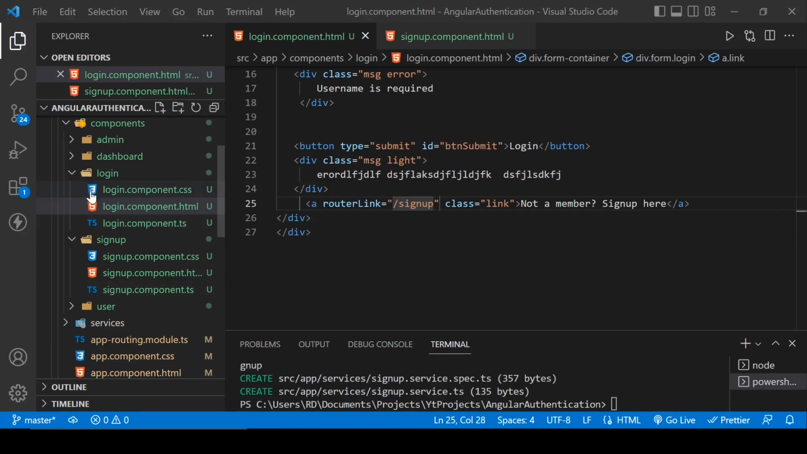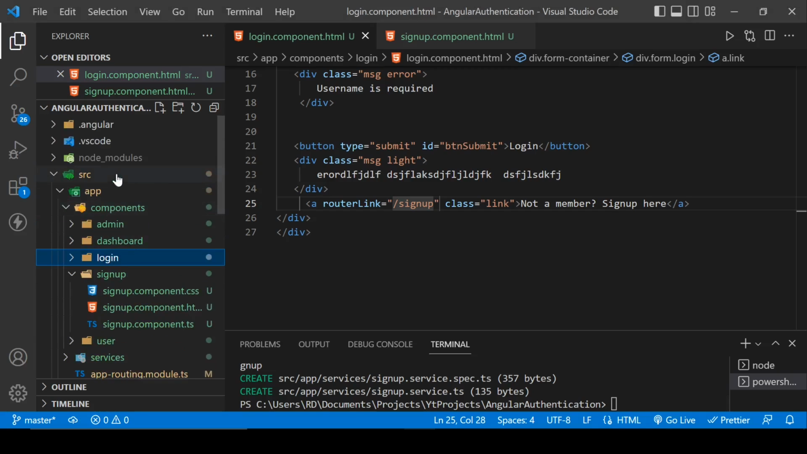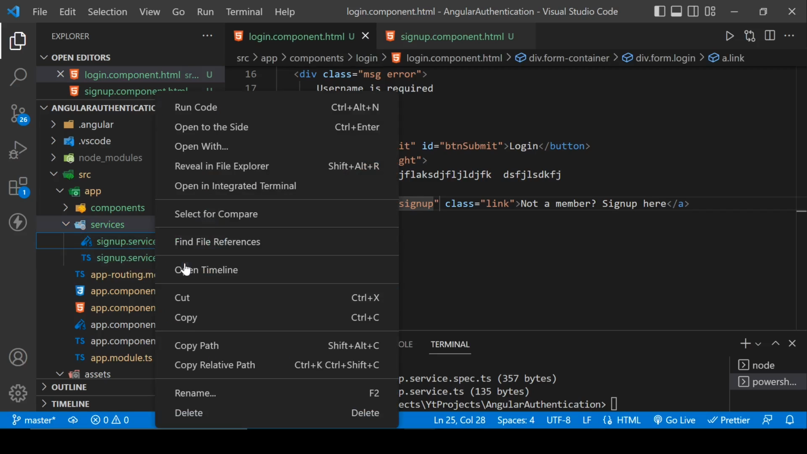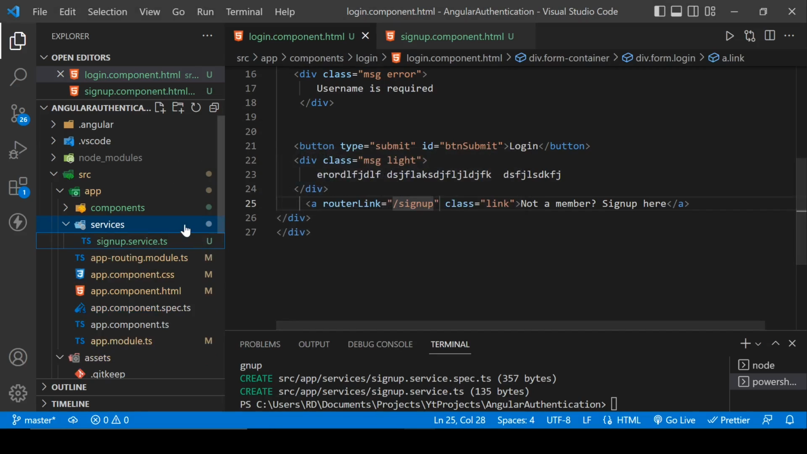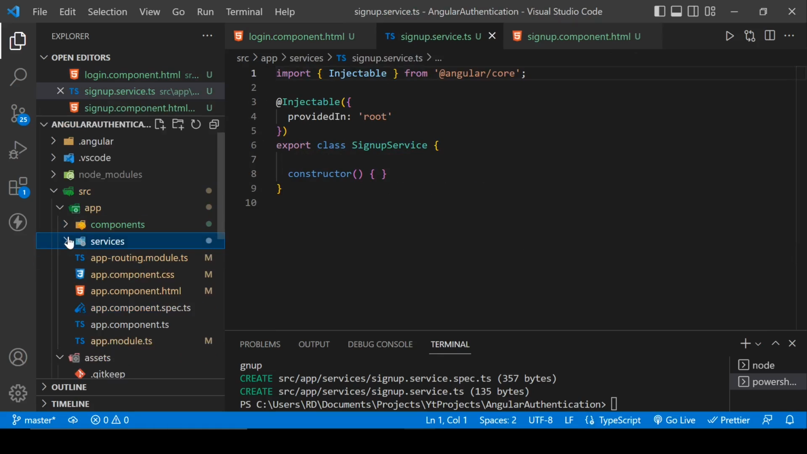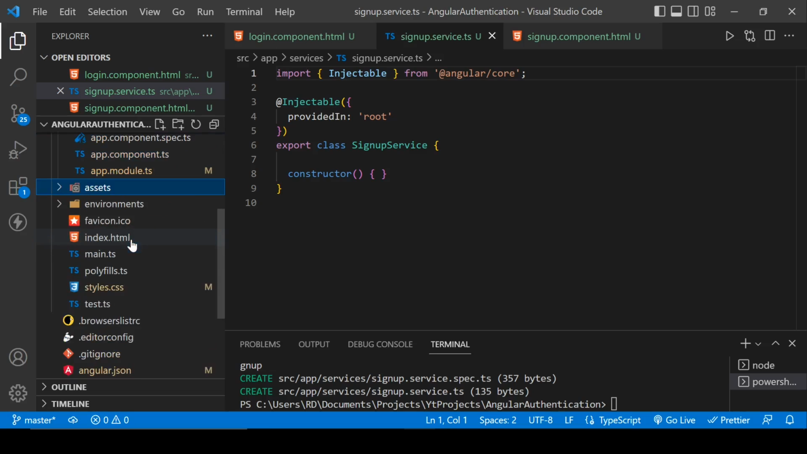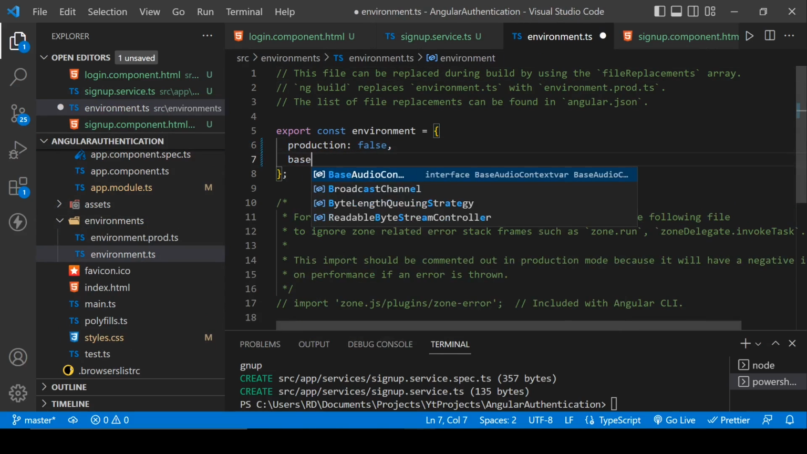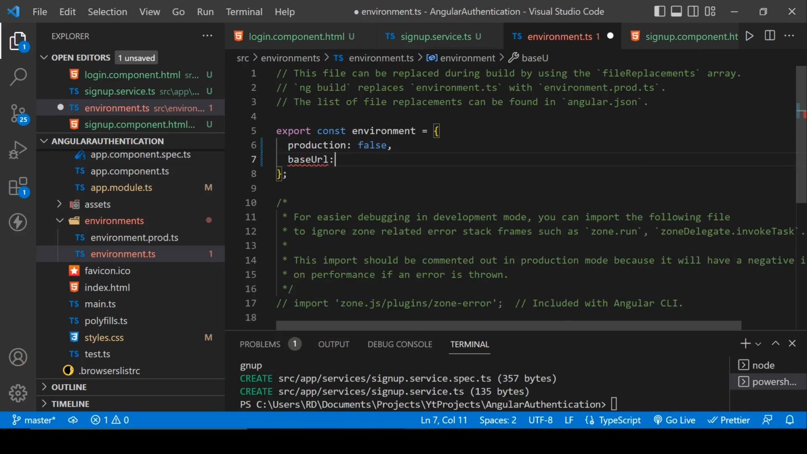Okay, and it will create a service inside this folder, and here it has created the signup service.ts file, and let's remove this testing file from here, we don't need it. And here it is our signup service, and before that we have to write something in the environment.ts file. So here we will define our base URL path,